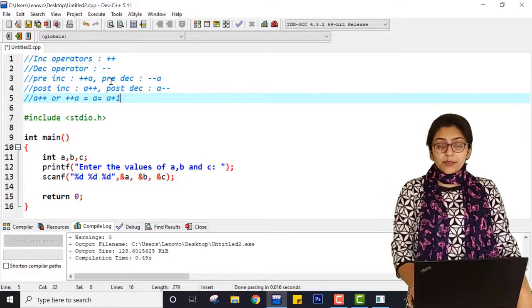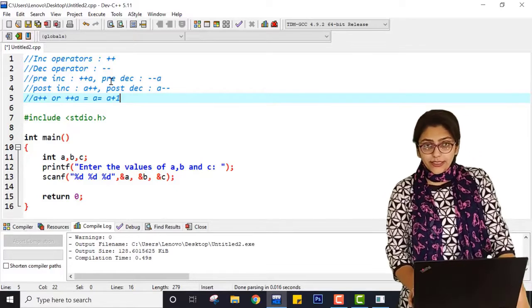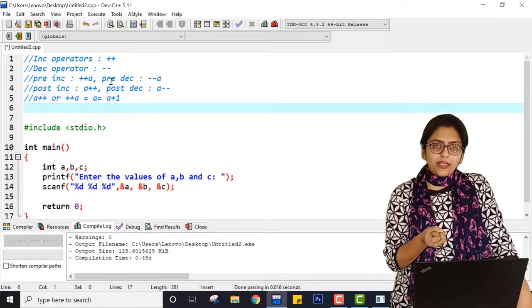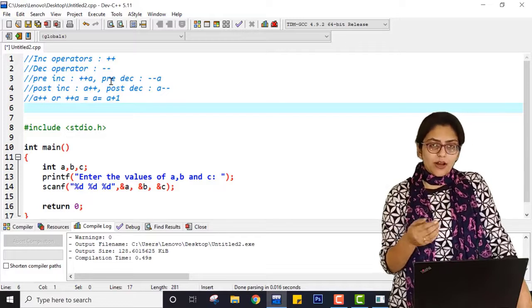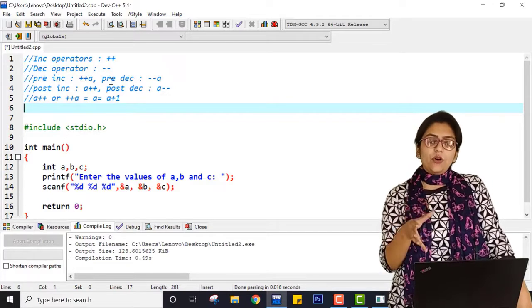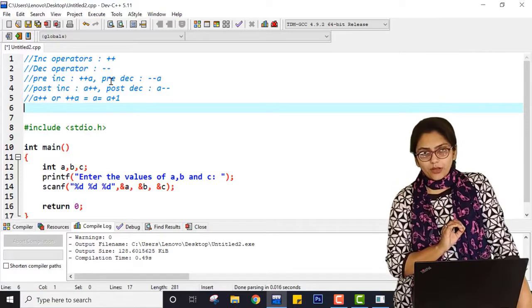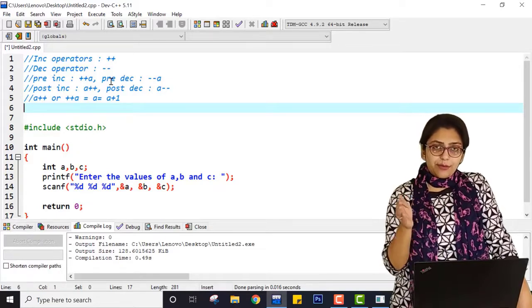So this is a special kind of operator, and whether you are post incrementing or pre-incrementing, the value of A will definitely be incremented by 1 at the end. Then what is the difference between pre and post?